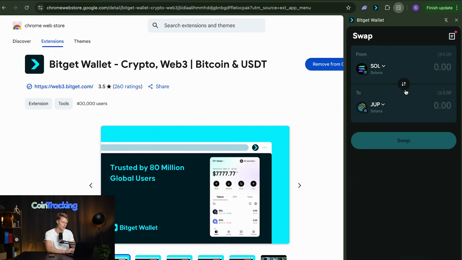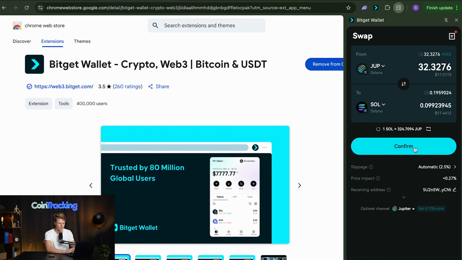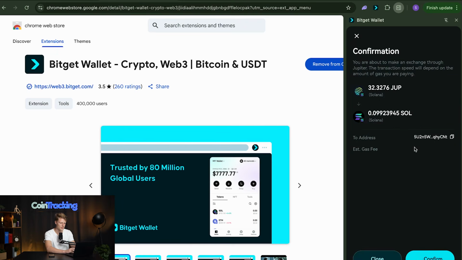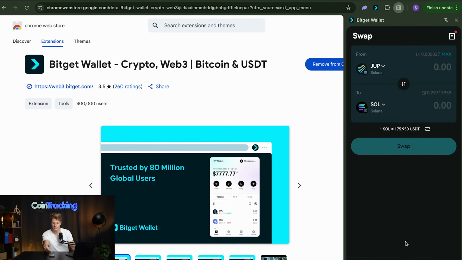If we go back, we can also swap that back again. So we take all the Jupiter and swap that back into Sol. We lose a little bit on fees, but that's not a big deal. Hit confirm, and then security is testing. It has been sent to the blockchain, and we again get the notification on our phone that the swap was